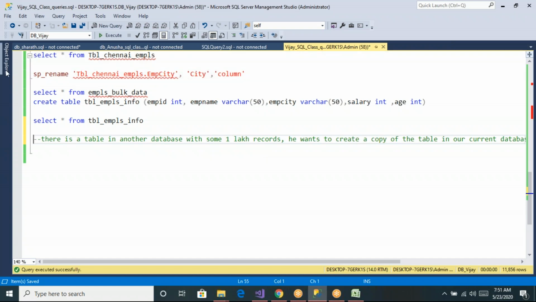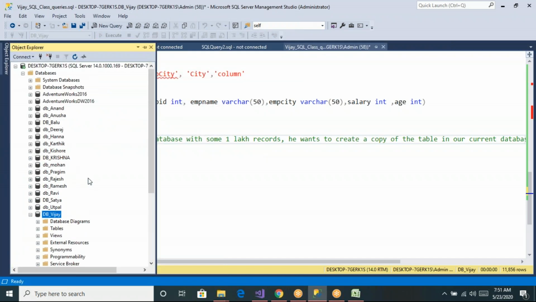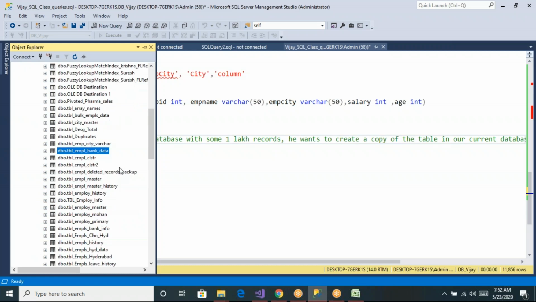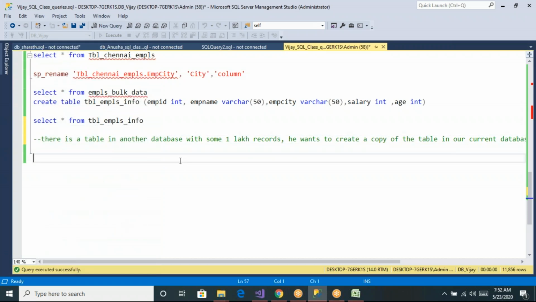Let me show you some sample data. Let us say we have a DB Mohan database. We want to create a copy of one of its tables in the current database. Let us say we have employee bank data. Let us see if we have employee bank details or bank info. To read another database's table data, write select star from